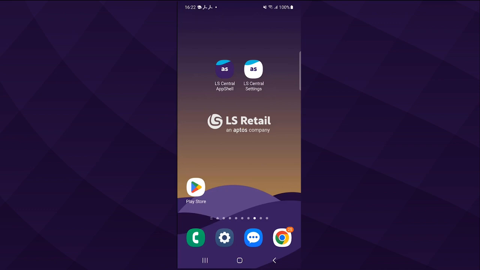And it's so smart as well that they can work offline, meaning that you can be in a stock room that doesn't have any internet connection, do your counting or do your processes, and then come back where you get the internet connection, and then you can upload everything into LS Central again. So let's look at it.